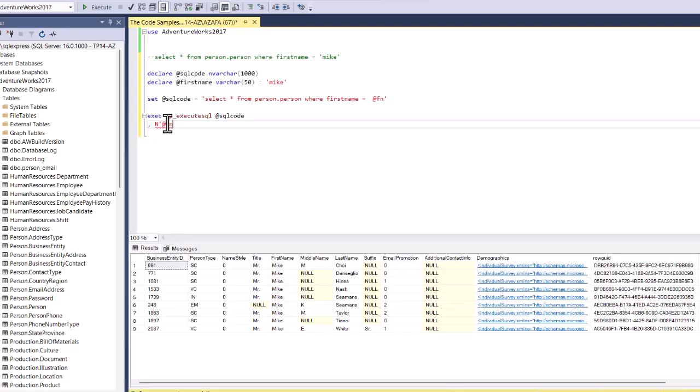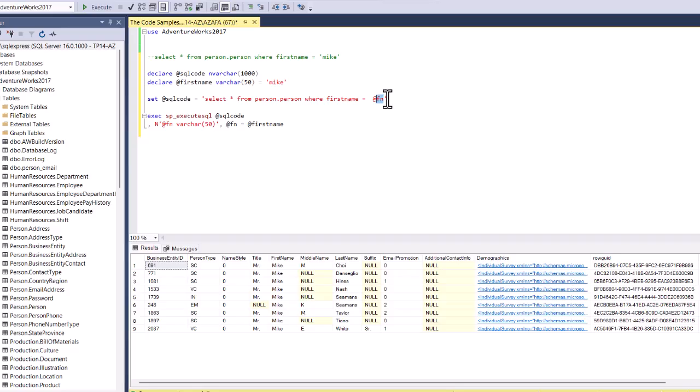So this is my first parameter, and the data type of it, what is it? It's a varchar, let's just say it's 50, comma, and then I have to pass that parameter the value it holds. So I'm gonna say @fn equals @first_name,